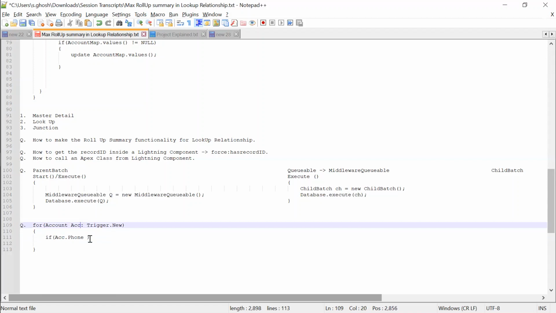In trigger.new, depending on the context, if the account is being inserted for the first time, then we will not get the ID. So only in before update it is possible. During the update, we need to check if the field value is being changed or not. How can we compare that? First we will compare acc.id with the trigger.old ID. No, it's not required. Why? Because if you need to compare that, you need to write another for loop, which will get all the accounts from trigger.old.